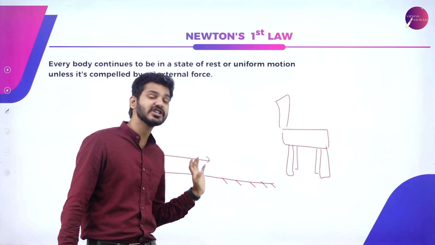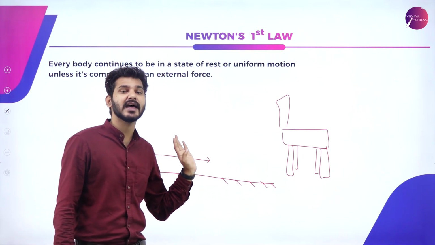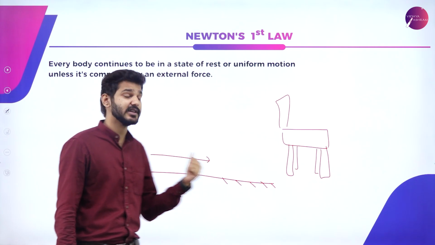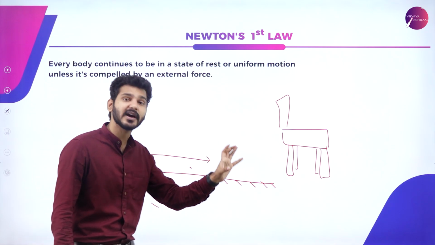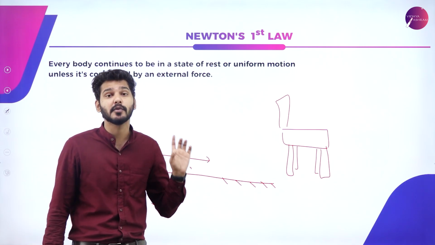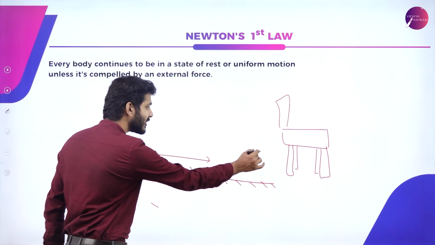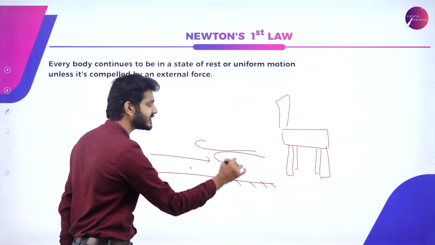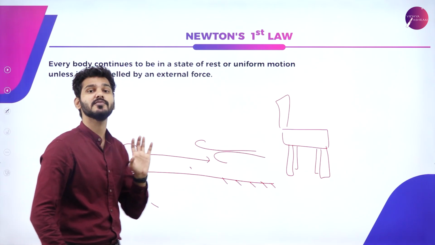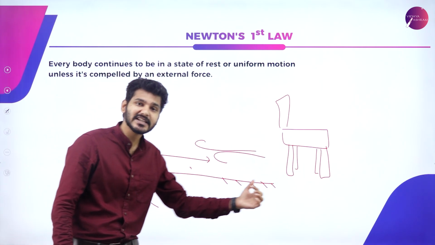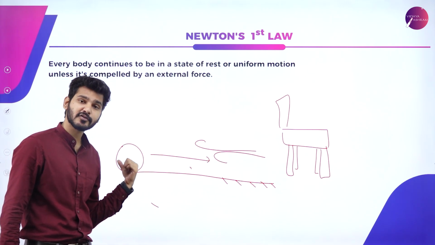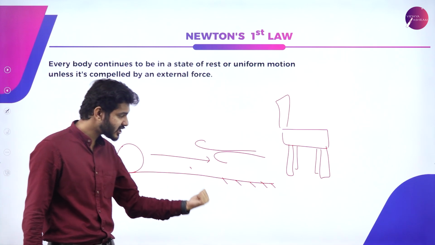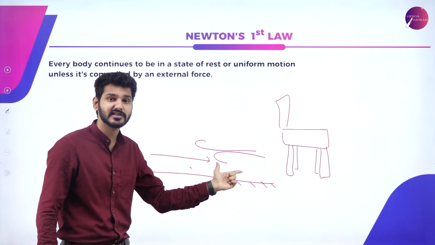That particular frictional force is opposing the motion of any object. In this case, the ball's relative motion is opposed by the floor, and that is why the ball stops. Maybe it is also because of wind resistance. When wind is blowing, the object tends to slow down. In all these cases, you have to know that an external force is applied in the form of frictional force, in the form of wind resistance.